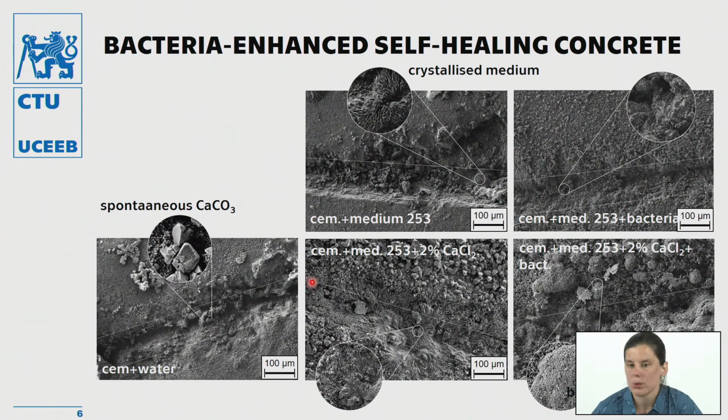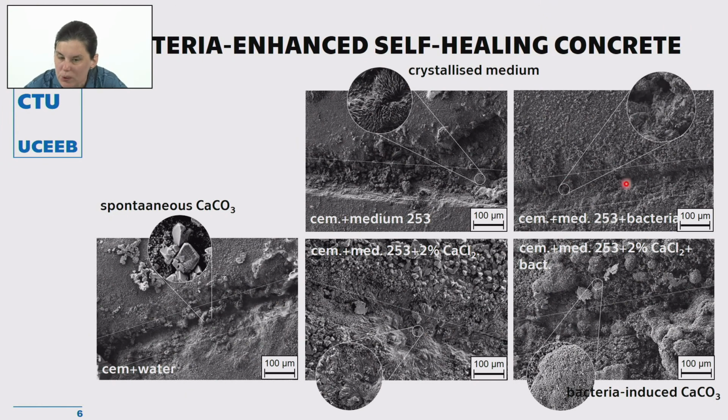I should have told you at the very beginning that this is a cement paste, and there were experimental grooves made in the paste, and they investigated how the groove is filled, either spontaneously or with the help of the bacteria. So here you can see the grooves, the cuts in the material, and you can see that in the images where the bacteria were applied, the grooves healed faster, better. They are not so clearly seen,